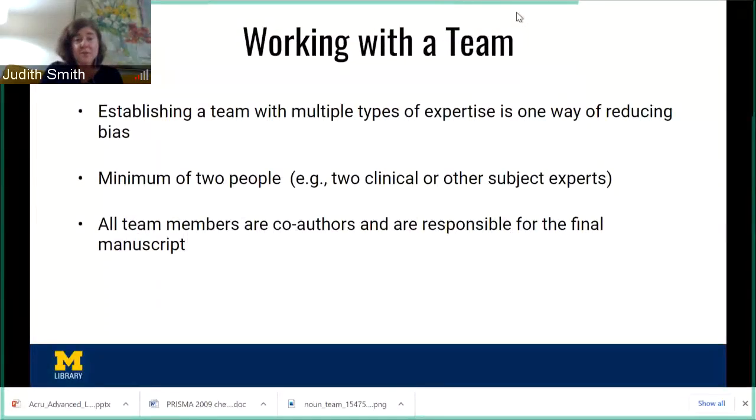And if you're interested in being completely transparent, you can look at the PRISMA guidelines, which provide ways for reporting out and being transparent in your reviews. And again, you can use those guidelines even if you're not conducting a formal systematic review.